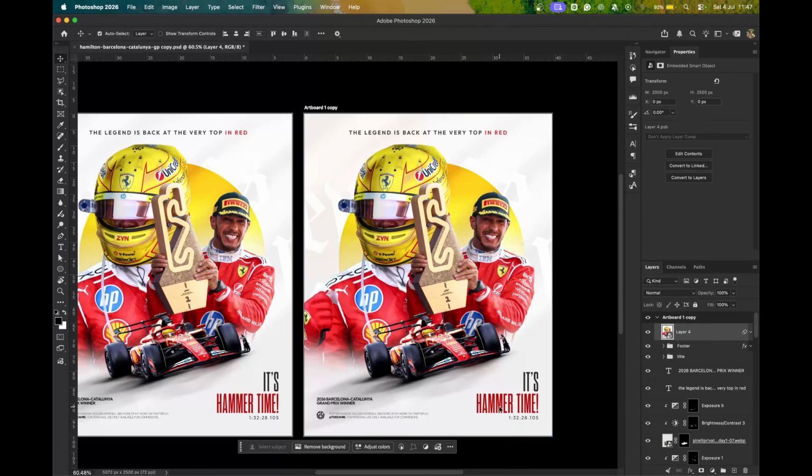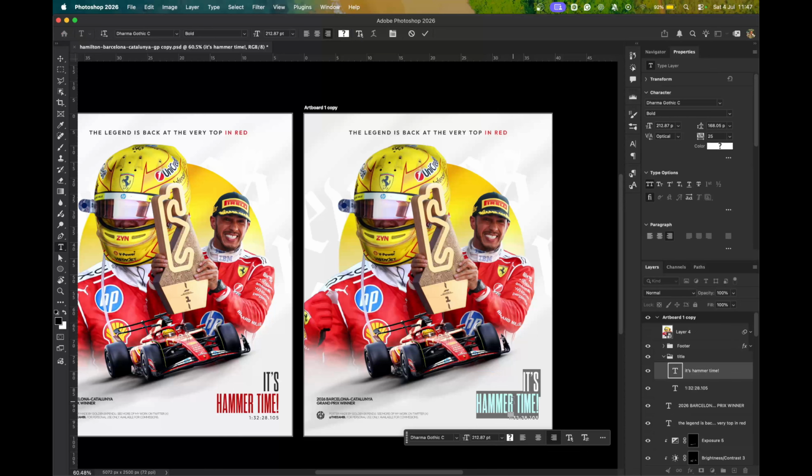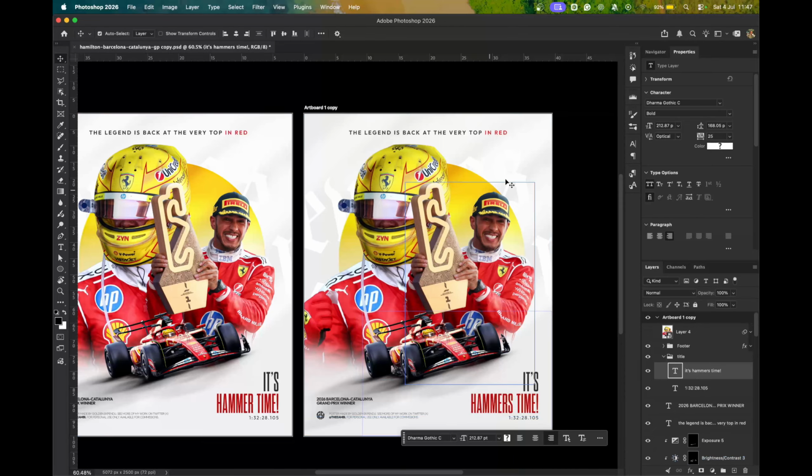So now I could do things like edit text and edit the images without affecting the original one. So I could make this say "It's Hammer's Time", while the original is still "It's Hammer Time", and then you could make changes independently. So that's the good thing about using artboards, and that's how to easily change your existing designs